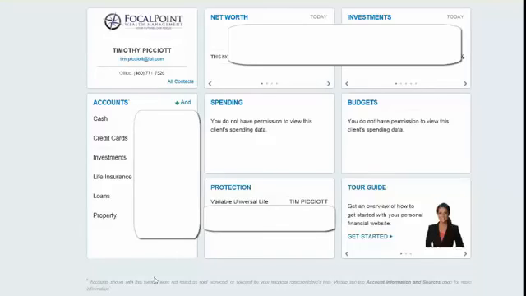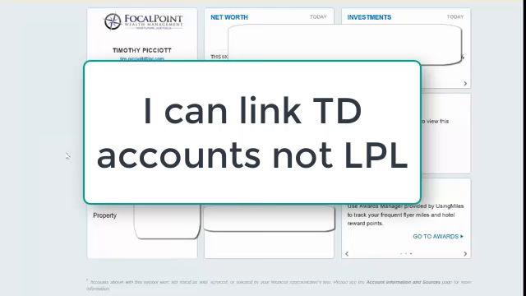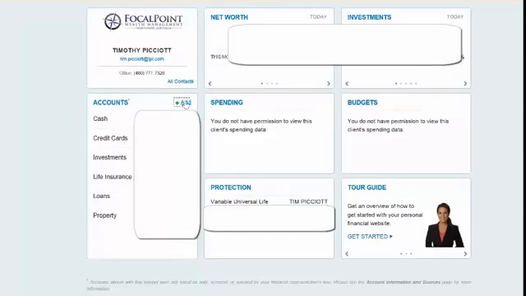It's then going to bring you into a screen where you're going to be able to see all of your accounts in one place. Now, not all of you have this automatically hooked up, but I can go in and attach any LPL accounts or any, let's say, 529s that you have through me. I can get all that set up, but what you can do here is click the add button,